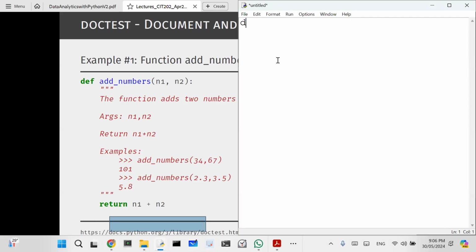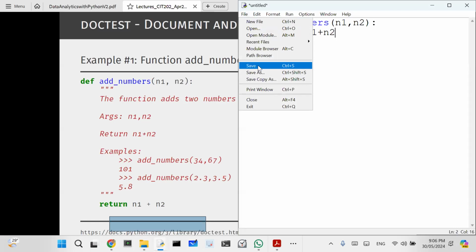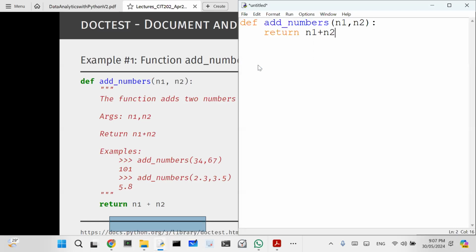Right. Okay, so I will type simple function. This is called defining a function, and I will use it as add numbers, right? N1, N2. And simply what I'm doing is returning the addition of the two numbers. So that's simply what we do, right? So let me save this. Let me save this